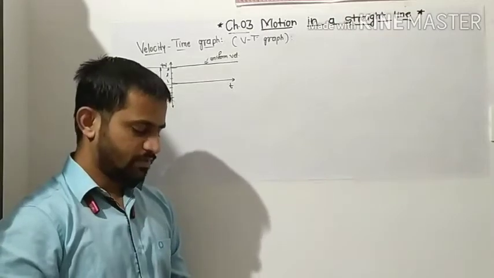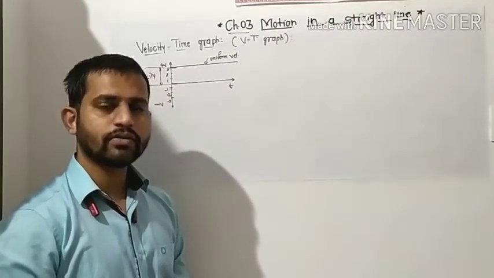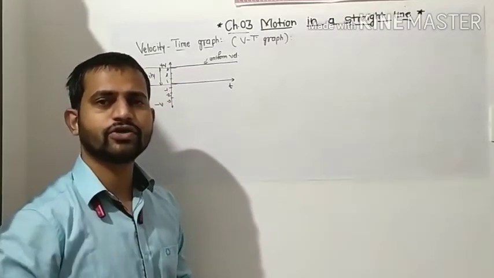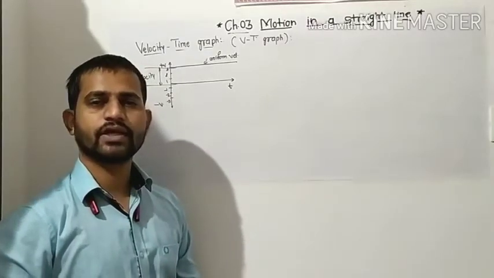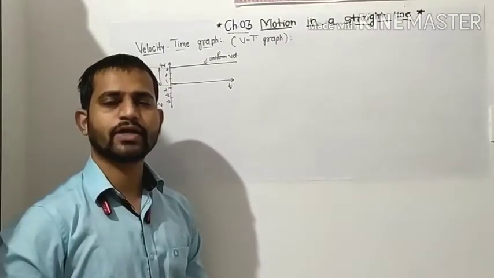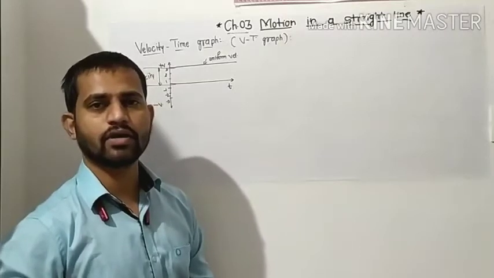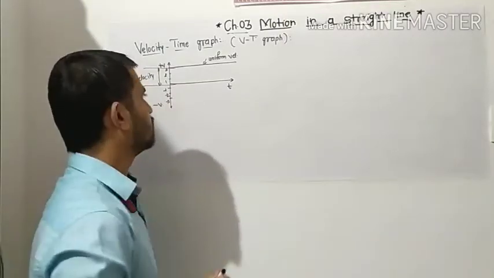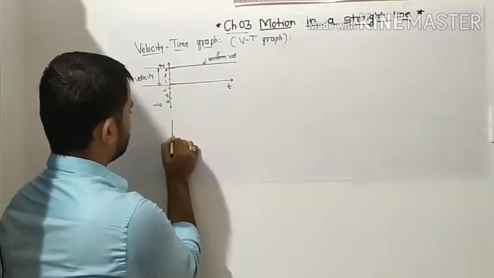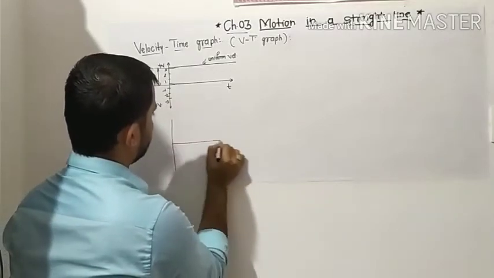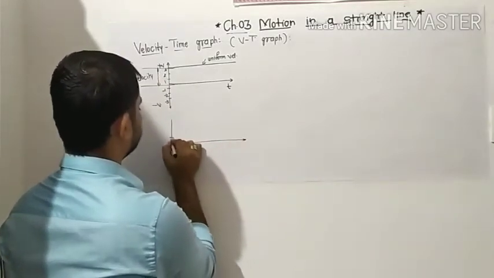Suppose the time goes on, but there is no change in the position of the particle. Then in that case, if we have to draw a graph, how can we draw that graph? No change in the position of a particle with respect to time.